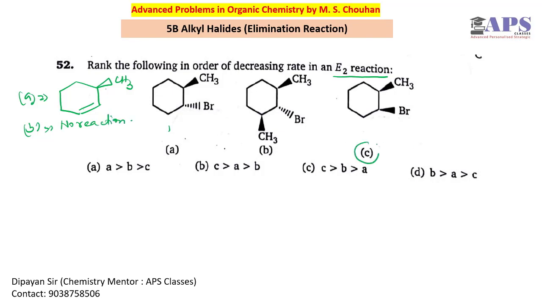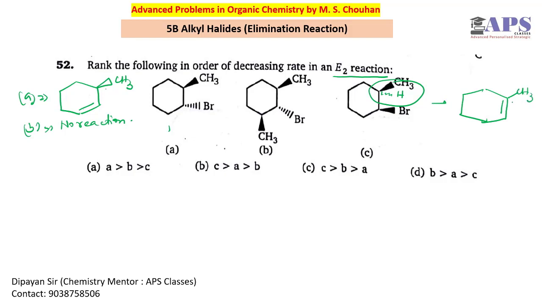Now for molecule C, we have two beta positions. One is this one, another is this one, and in this case we have hydrogen below the plane. As this bromine is above the plane, we have to abstract hydrogen from the beta position where the number of hydrogens is less, as well as from the anti-periplanar hydrogen position. So in this case we have two positive things. One is that this is a beta position where the number of hydrogens is less. Another is that the hydrogen is anti-periplanar in nature. So the final product will be this.